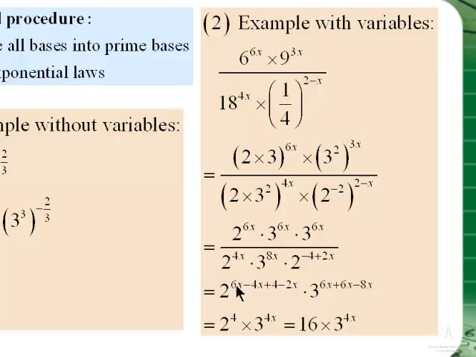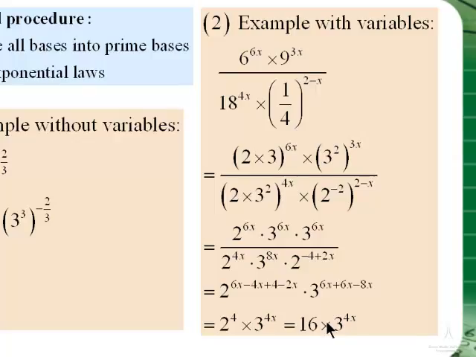Now in this case you have minus 4x and minus 2x, it's minus 6x plus 6x, so the x's cancel out, so you only end up with 2 to the power 4, which of course we know is 16, and 3 to the power, that's 12x minus 8, so it's 4x,